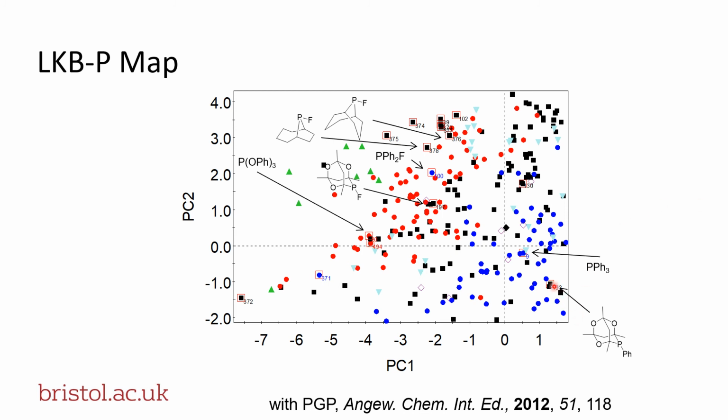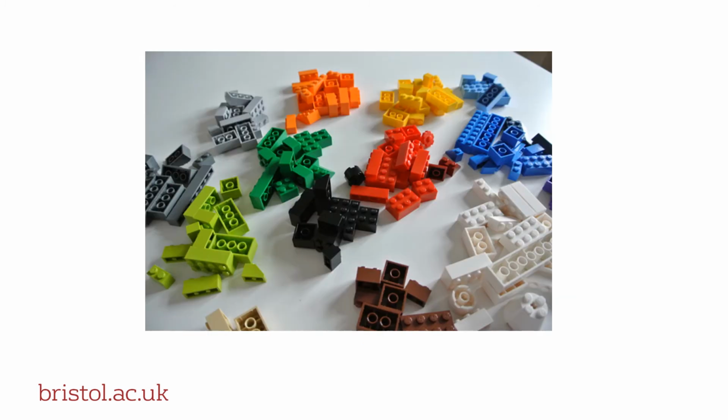So on the strength of looking at them on our map, Paul's student then actually prepared these ligands and tested them in catalysis, and they were actually pretty good systems. So this is just an example of how powerful it can be to look at molecular structures and use these to predict the properties. So there's an element of assembling Legos in predicting molecular properties, because what you can do